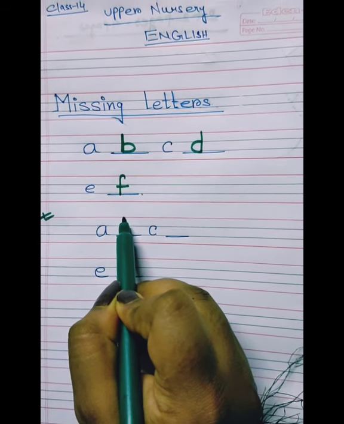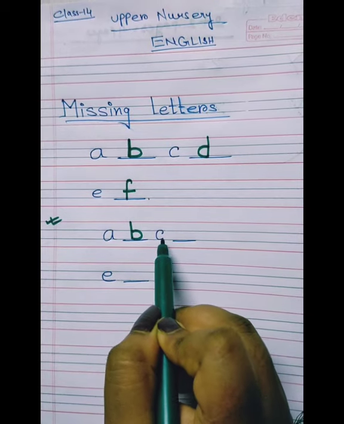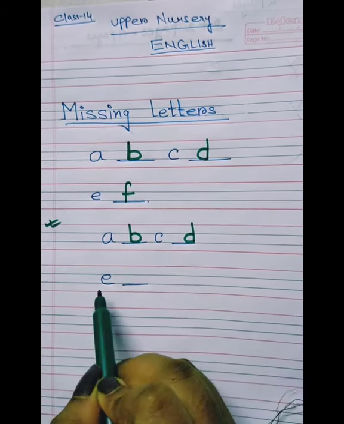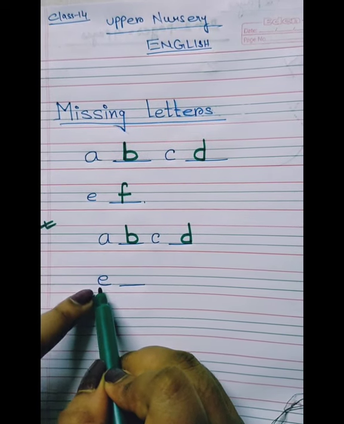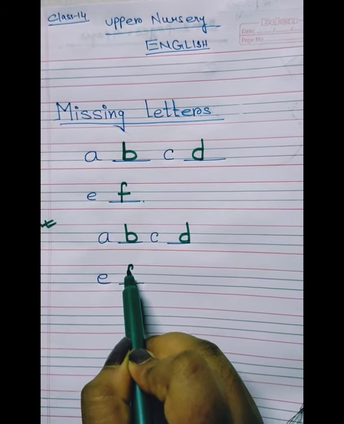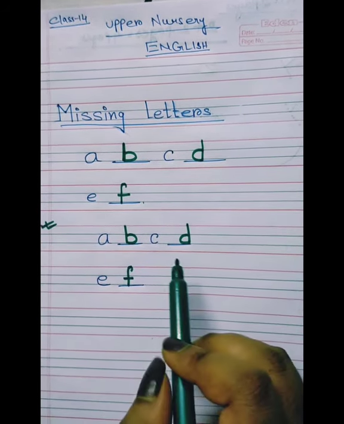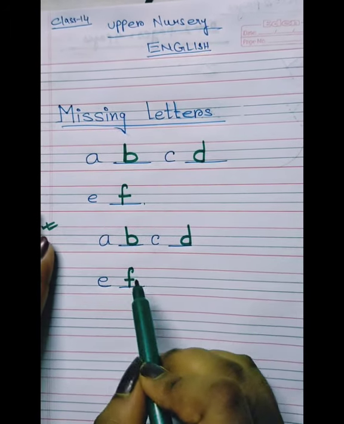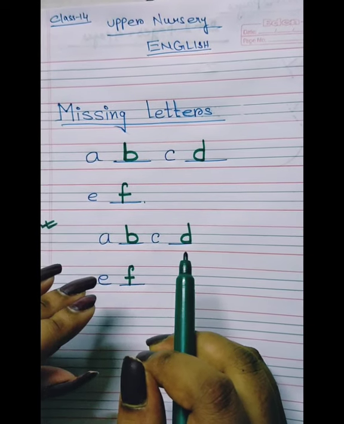They will fill up like this. Here B, A, B, C, then D. After D, then comes E. You will write E in the second line. Then F. Okay? Till F. Because I will not start with all the alphabets. Till F. Okay? Part by part I will teach you.